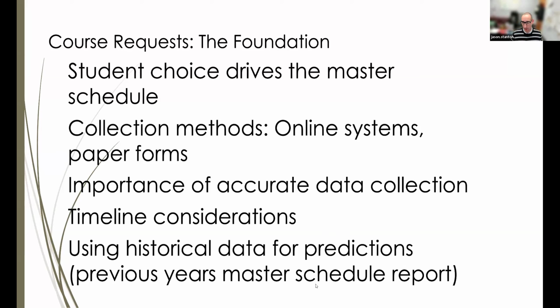I want to take a second just to talk about some historical data. When you first start your master schedule in the preceding year, you should always look back at the previous year. That's usually done in what's called a master schedule report. Most systems have that, and that will show you in the current year where all the class counts are. So it'll show you seat counts. It'll show you what periods had the most students in them, which periods had the least amount of students in them. That's important stuff to look at because you can go back and check how many course requests